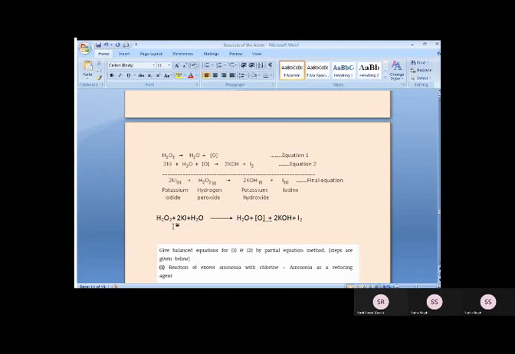ओके एंड H2 और H2 तो कैंसिल हो गया बस। तो रिमेनिंग और एक नेसेंट ऑक्सीजन भी आपका कैंसिल हो रहा होगा, ये यहाँ पे मैंने नेसेंट ऑक्सीजन लिखा नहीं। सो दिस विल आल्सो कैंसिल आउट ईच अदर। तो अल्टीमेटली आपके पास फाइनल इक्वेशन आ जाएगी। तो H2 कैंसिल, नेसेंट ऑक्सीजन गेट कैंसिल, अल्टीमेटली यू विल फाइंड द इक्वेशन 2KI plus H2O2 gives 2KOH plus I2. So this will be the final equation.